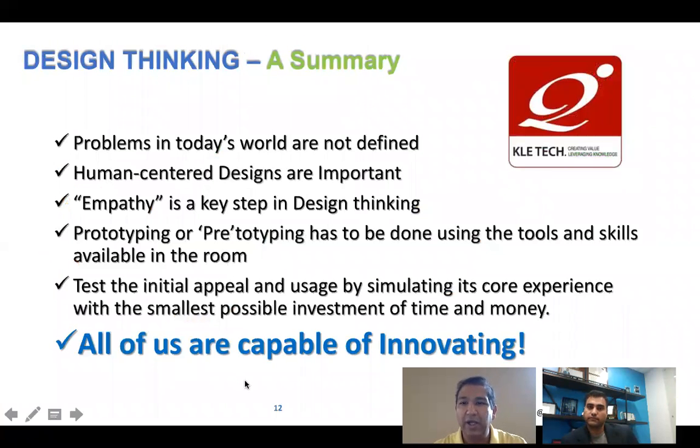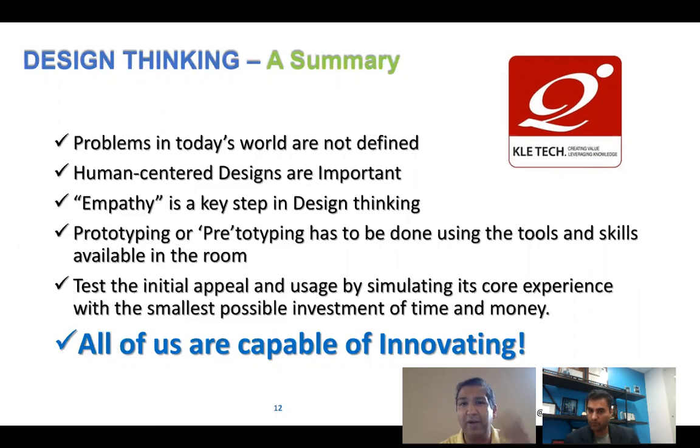Correct. So in summary, today there are many problems in the world that are not very well defined, and design thinking is very good in this case. For example, in this hackathon that we are running, we have a bunch of challenges for you. They're not very well defined, but they generally tell you about the problem area that we're trying to solve.